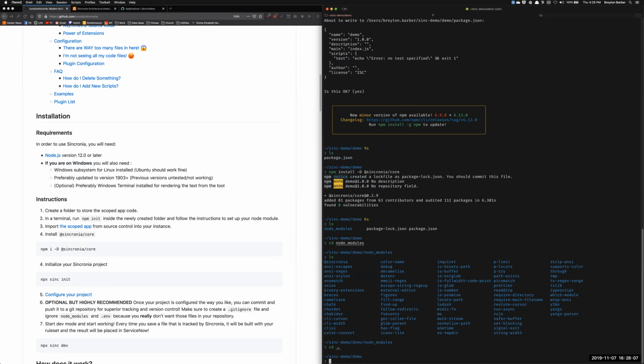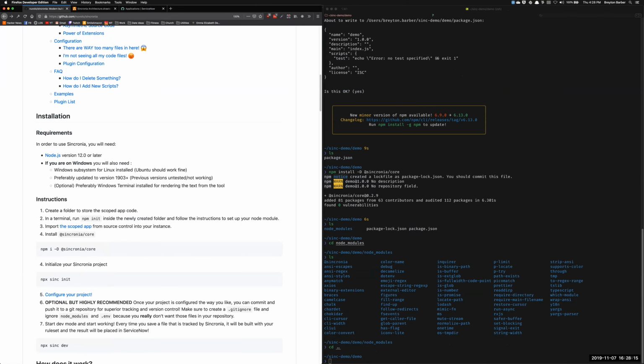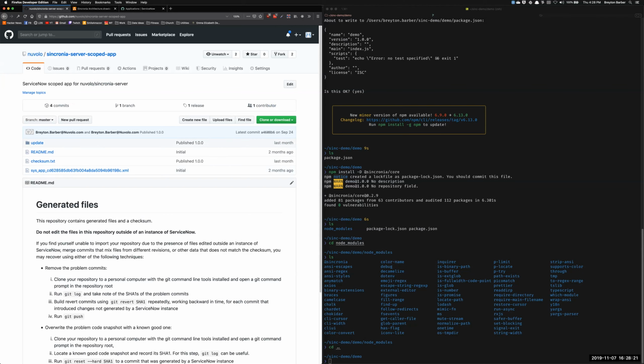Next thing we need to do is set up our ServiceNow instance. So in here, I've got my ServiceNow instance. In the instructions, it says I need to import the scoped app. So if I click this link, I get a ServiceNow scoped app. I'm going to copy this URL from GitHub,